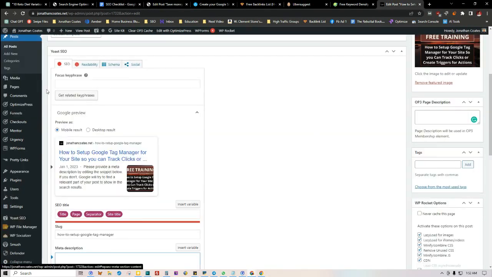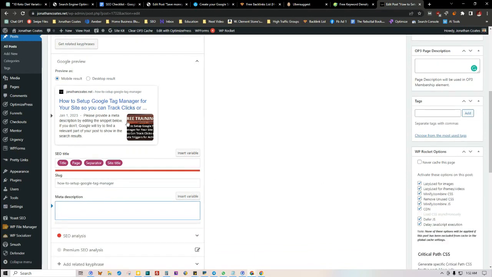So if you install Yoast, go to the plugins on the left hand side here, go to add new and just type in Yoast SEO. This will come up underneath your blog post, and they show you what the meta description will look like in the search engines. So you have your title here, you have a description here, and then you want the key phrase in your thumbnail as well. That way, Google not only sees this in your permalink here, but also in your title, your meta description, and your thumbnail, giving you the highest possible chance of ranking.